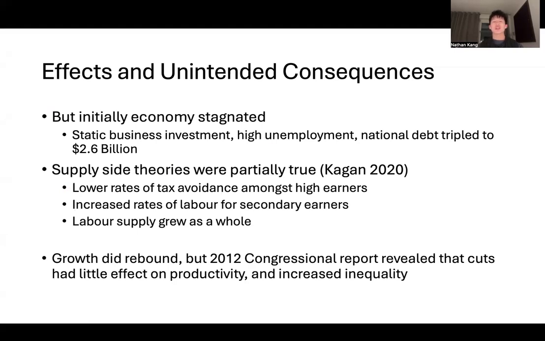after the initial stagnation. And a 2012 congressional report also revealed that these cuts probably had little effect on any forms of productivity or any types of economic efficiencies that were seen after the cuts. And the biggest point is that these tax cuts actually increased economic inequality. So its effects are quite mixed, and there remains today a differing view of opinions on the ultimate effect of